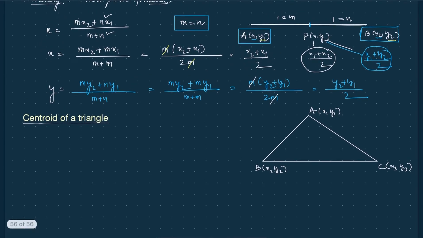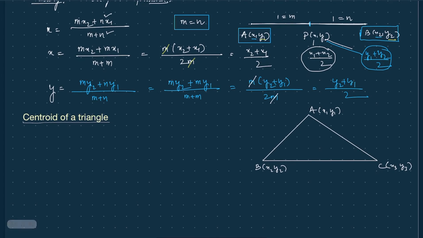So the midpoints, suppose I am naming them K, and this will be L, and this will be M. So for this one, the coordinate will become (x2 plus x3) divided by 2, then (y2 plus y3) divided by 2. Similarly for L,